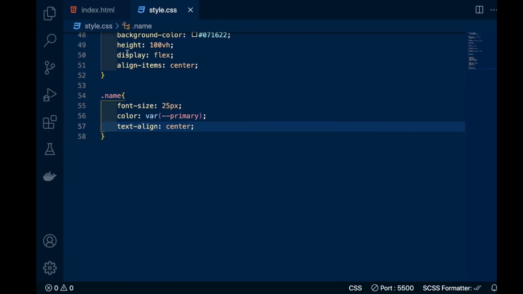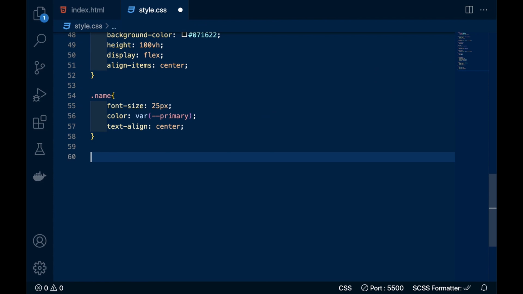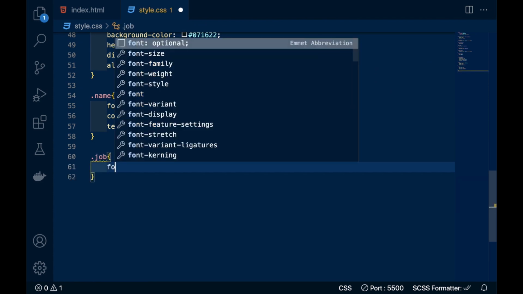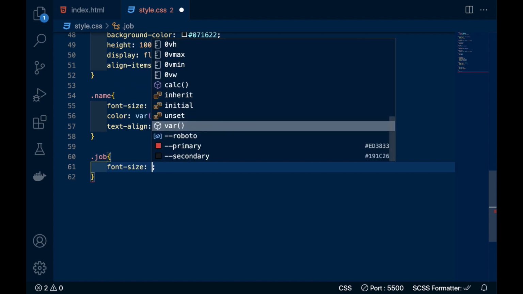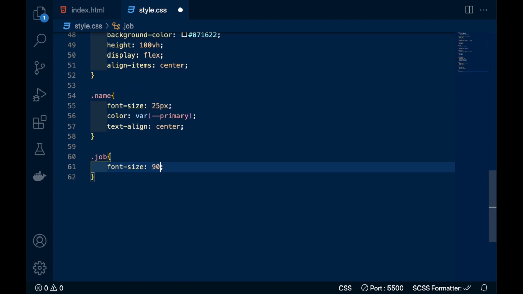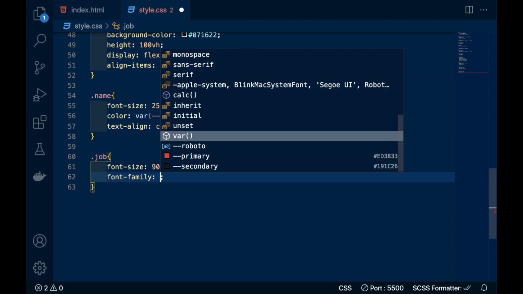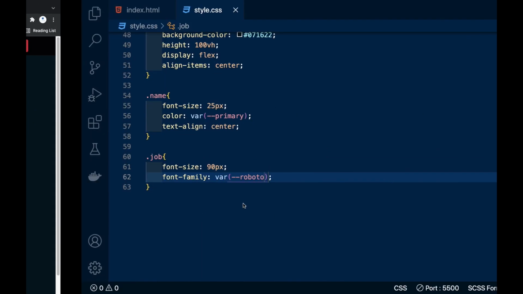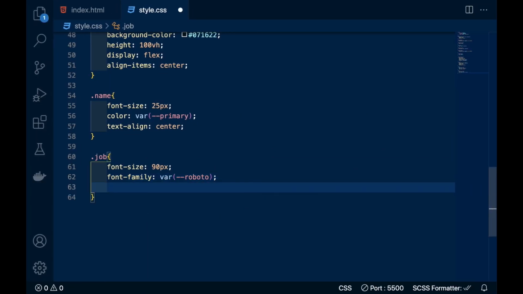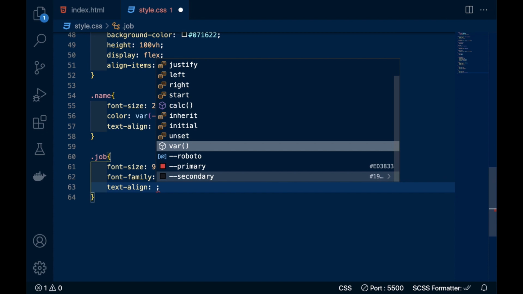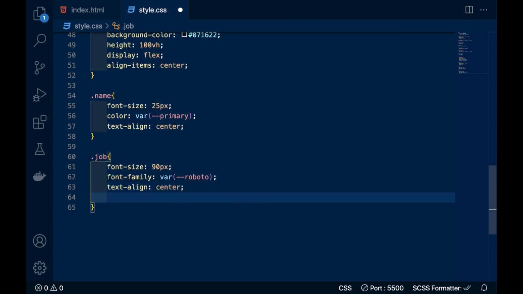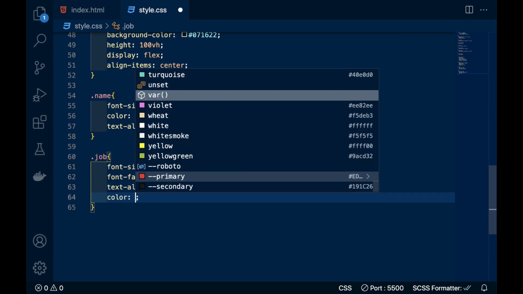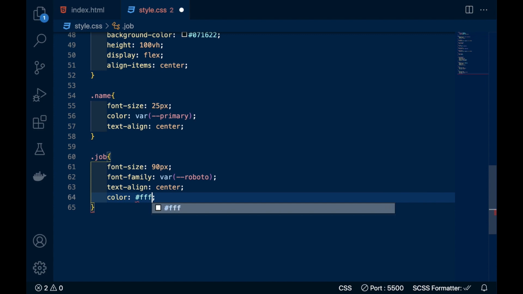Now web developer, we have given it a class job, and its font size should be 90 pixels, font family Roboto, text align center, and color will be white.